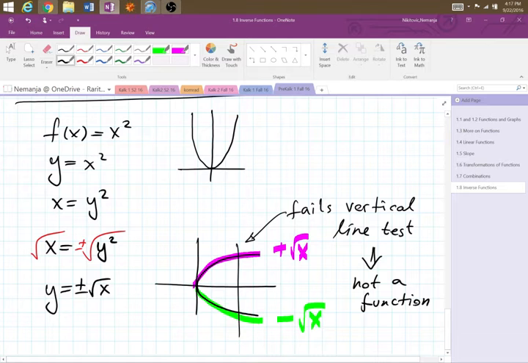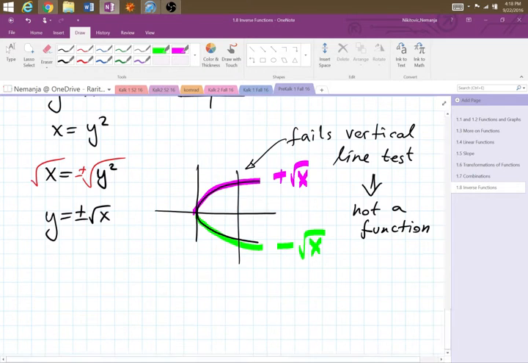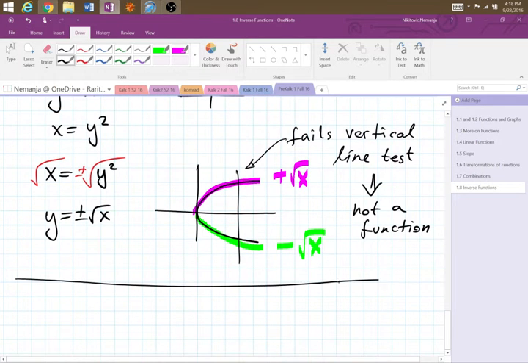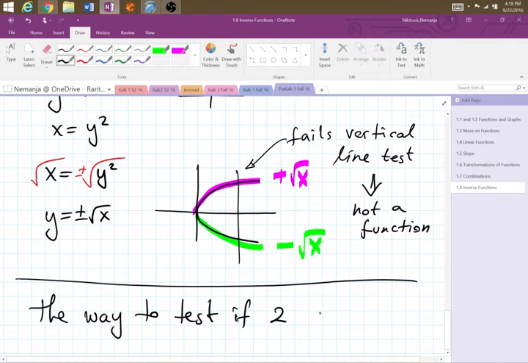Some mathematics can be done with this in calculus. We'll see, plus differentiation and stuff. But now we don't have to worry about it. We're going to worry about how to test if two functions are inverses of each other. So the way to test if two given functions are inverses of each other,